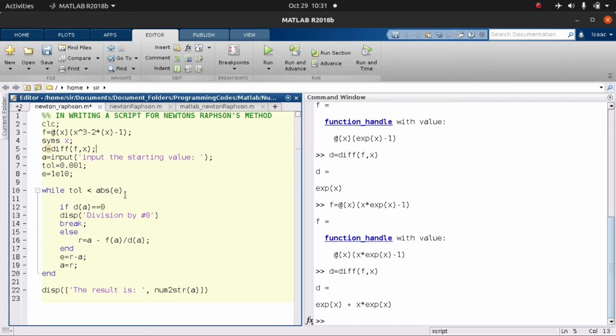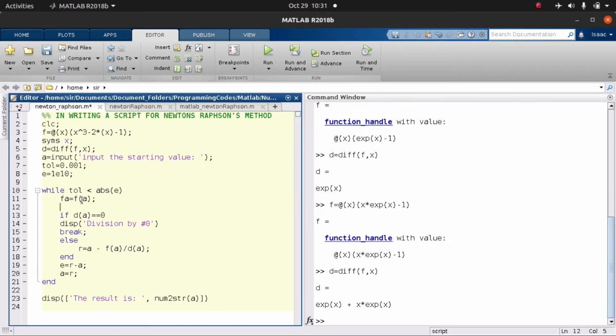From here we want to do some simple evaluation. We have a to be equal to f of a. We are doing this because we have created an anonymous function, and when it comes to the d, we have to do evaluation. So we have our d, and then we have our x, we have our a,